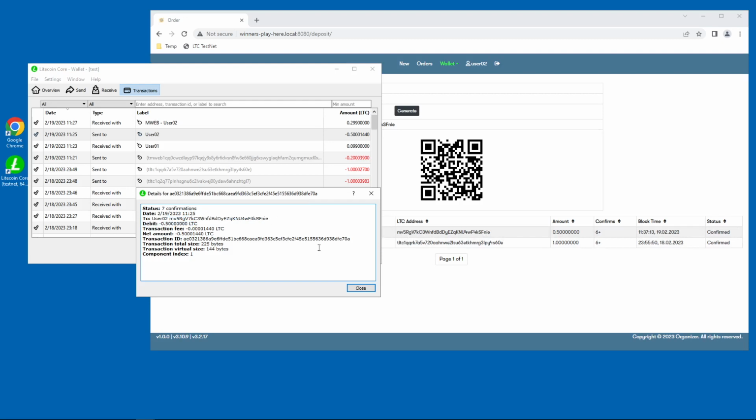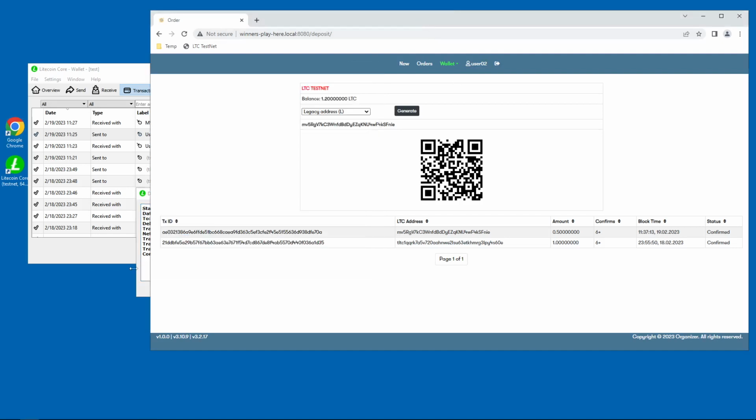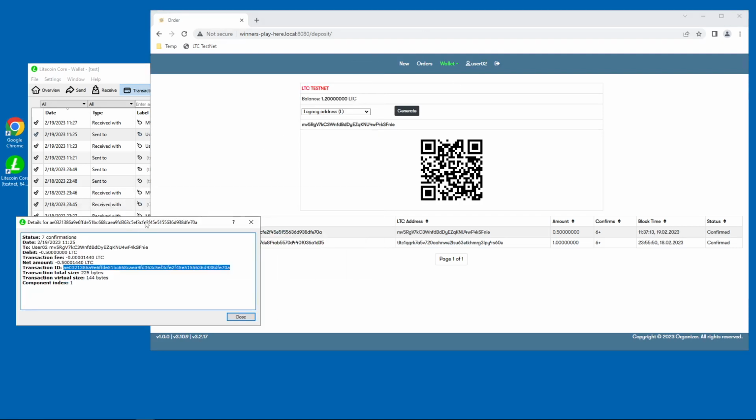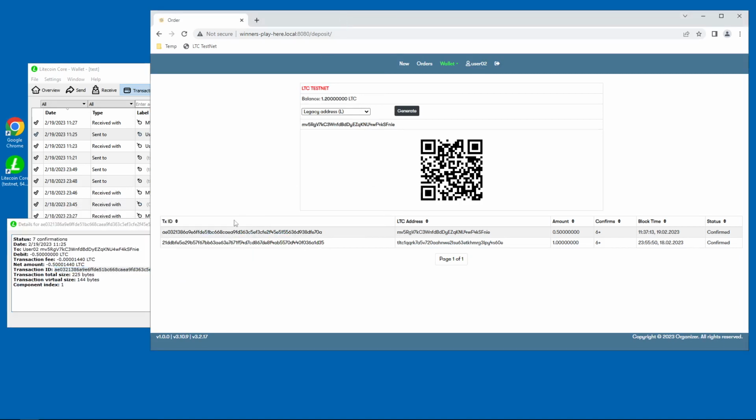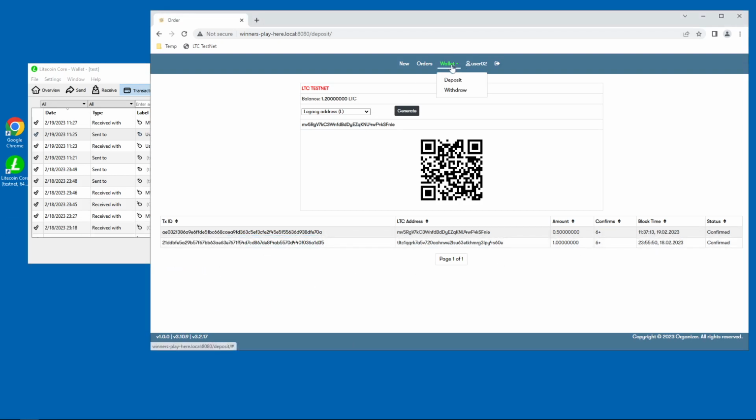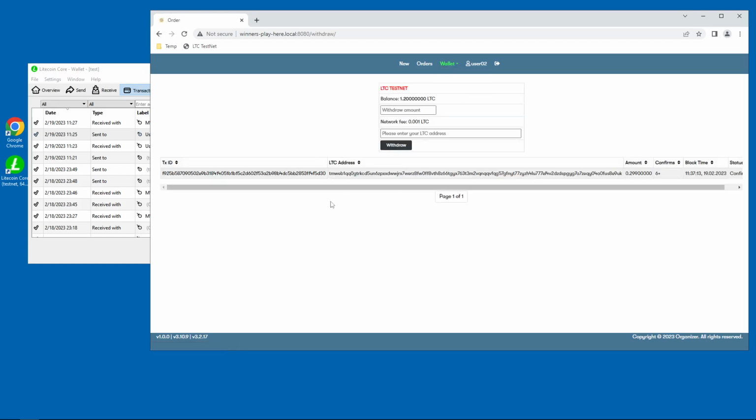Okay, and the transaction ID, this one is, let me move this from here, okay, 78, it's okay. And also the withdraw transaction for this user, and this one, it was a transaction to a Mimblewimble address,